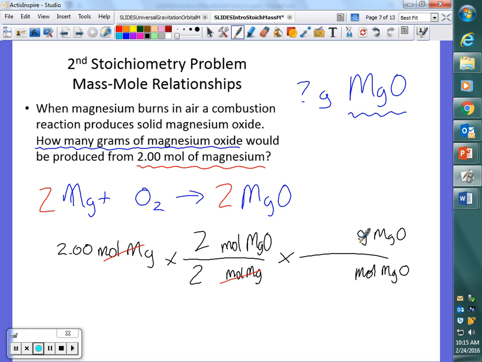What's in this compound? Magnesium and oxygen. How many of each? One of each, right? So to find the molar mass of a compound, you have to go to the periodic table and add up the molar masses of all the atoms in that compound. Okay? So, go to the periodic table, find magnesium, find oxygen,